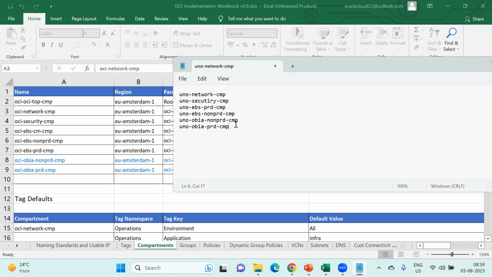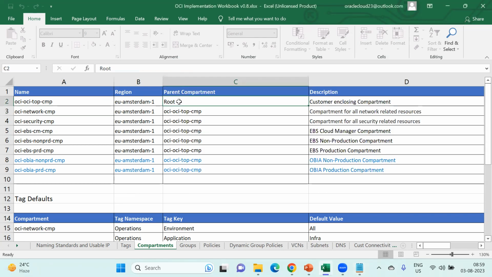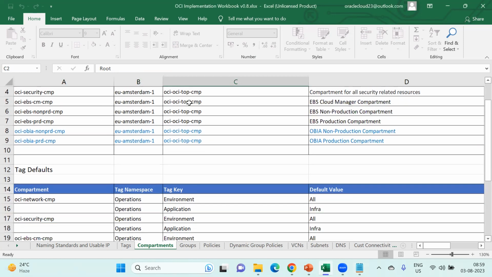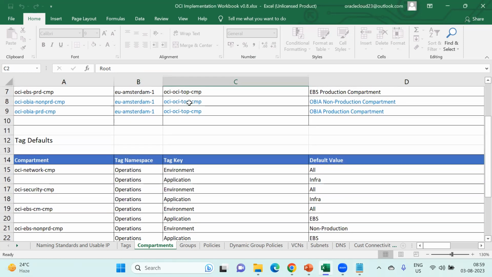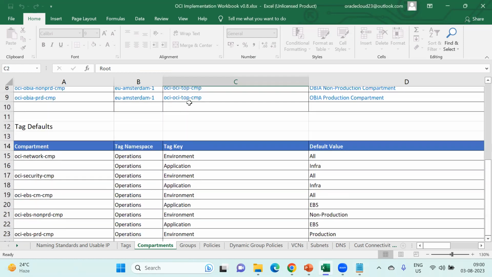Yeah, so in this way, you can create the high level compartments. And once you have high level compartments, if you see, these are the root compartments. Under the root compartment, you will create a top compartment, and then you create all this under the root. Root is nothing but the first compartment which you are getting, right? So whenever you get an account with your account name, you will get this root compartment. And then if you see under that, you have,